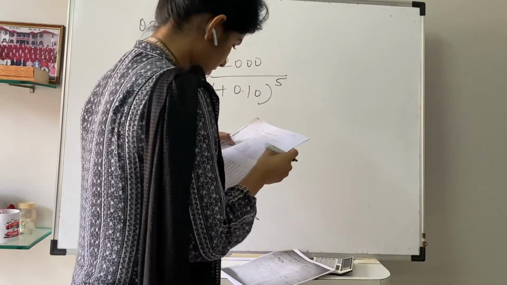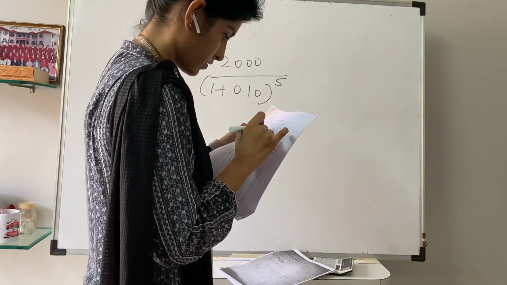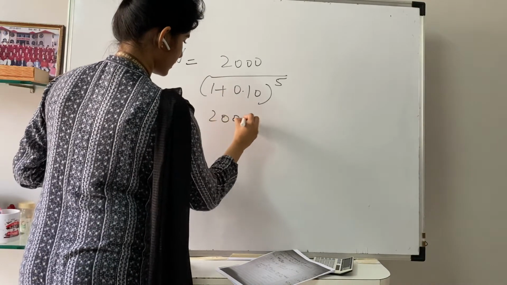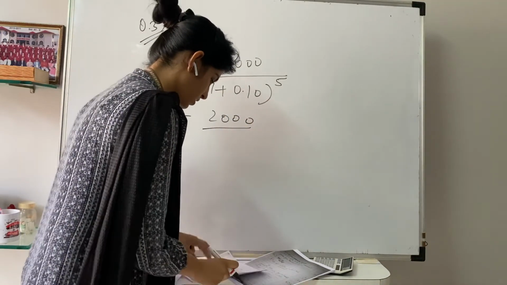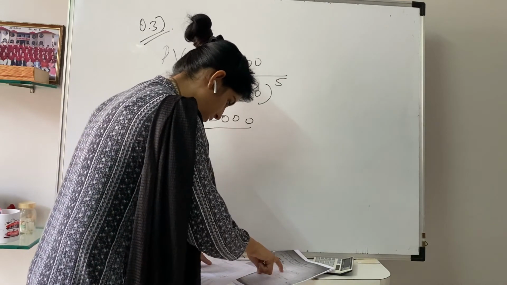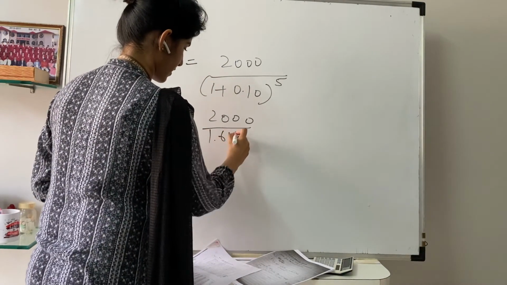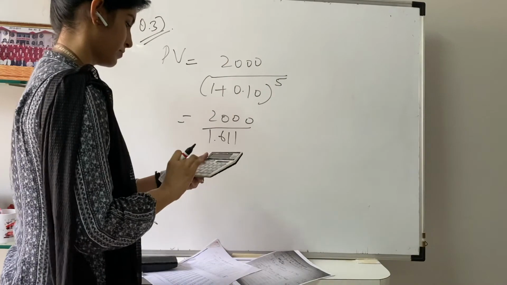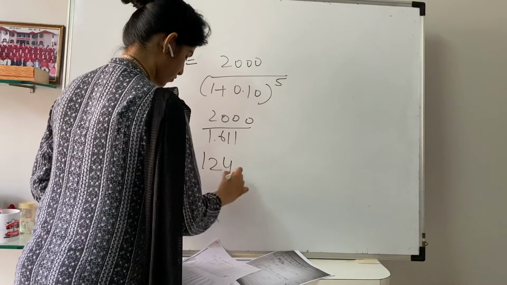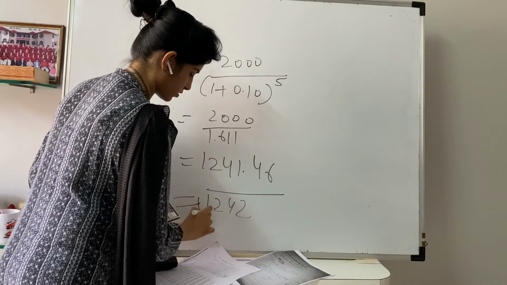Let's see. Just a second. If the value is 10%, 1.611. Yes. So 2000. It will work, there is no issue with the difference of 1 and 0. Just a second. 10% for 5 years. 1.611. 2000 divided by 1.611. We are getting final answer as 1241.46 near about. Or you can write 1242 rupees also.